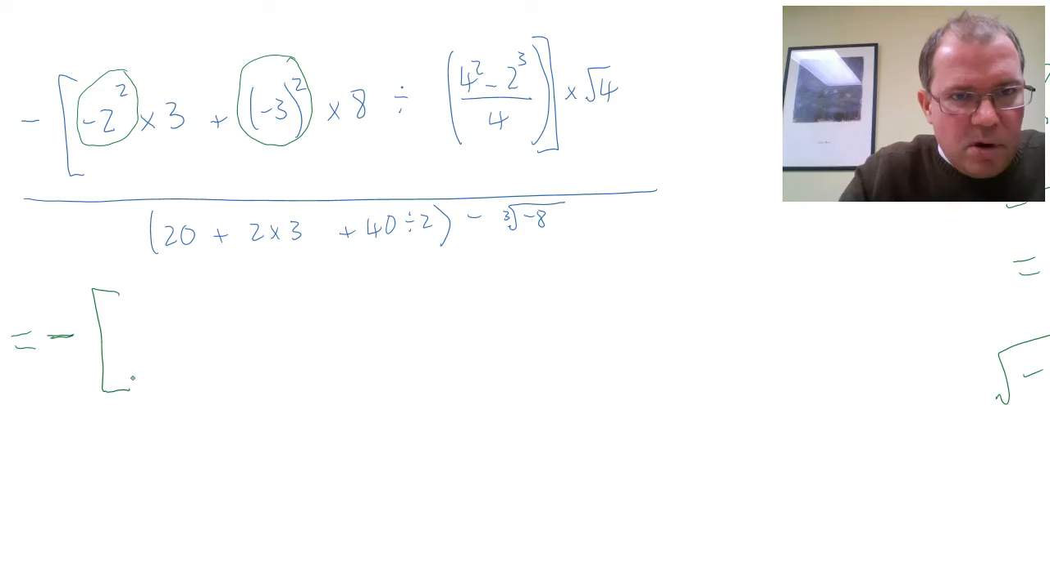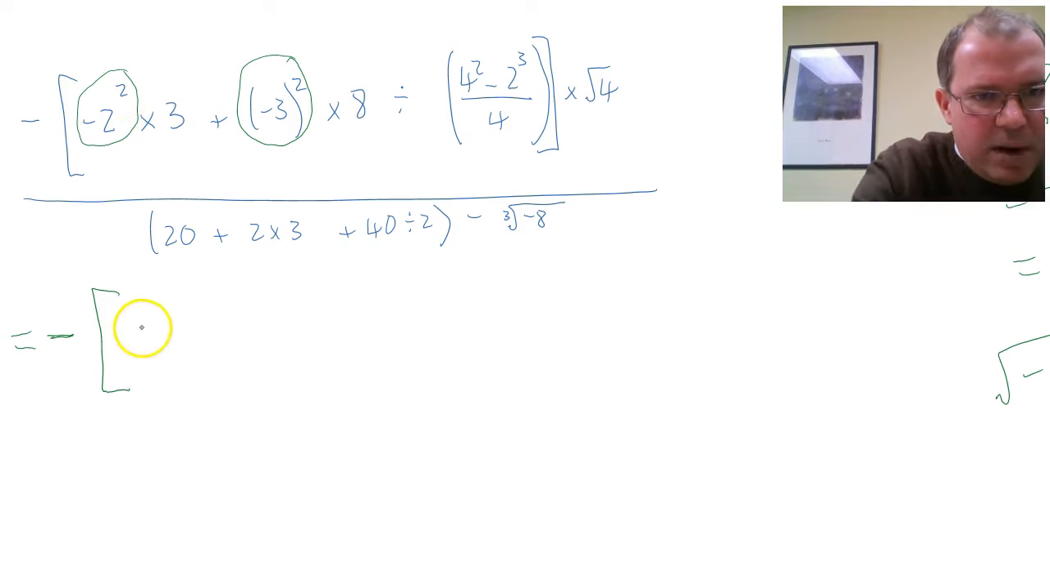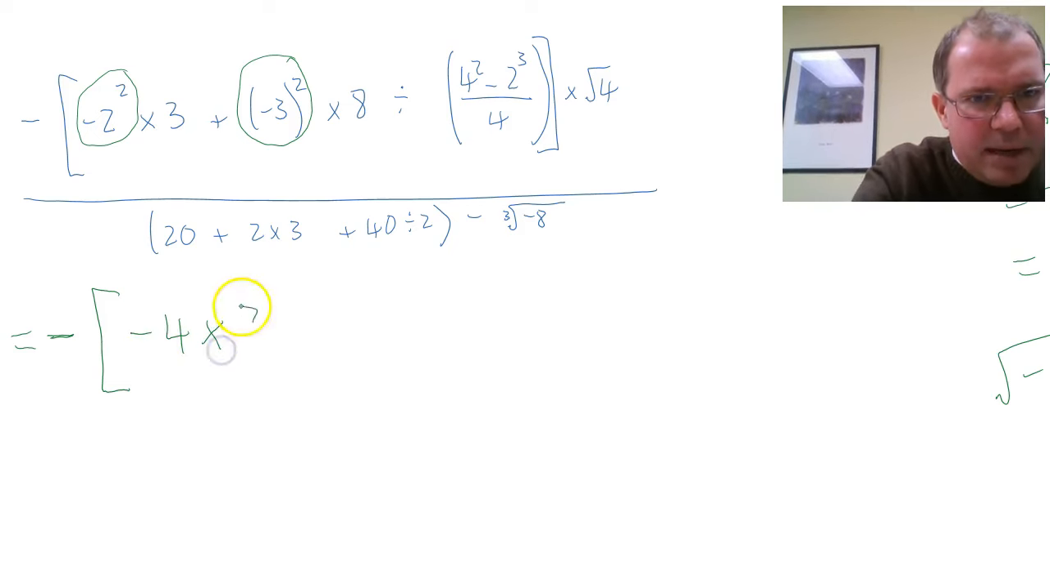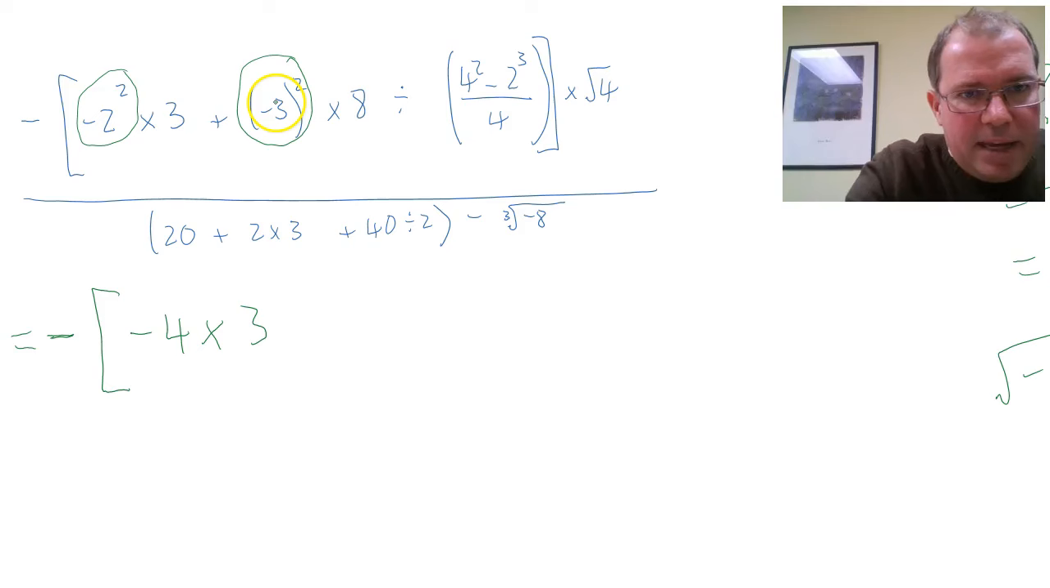So let's look at the top. What can we work out safely? Well, I think I can do that -2 squared now. I just showed that that was -4. And then I'm just going to copy down the -3. I think I can work out -3 all squared safely. -3 all squared we worked out was 9, and then I'll copy down the times 8, then divide, and then